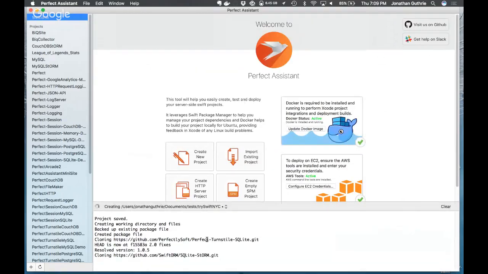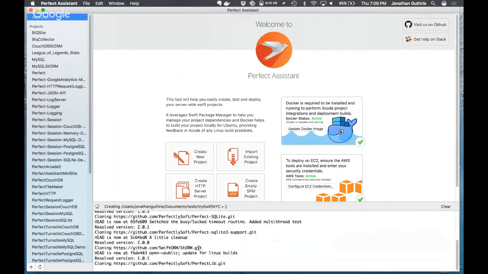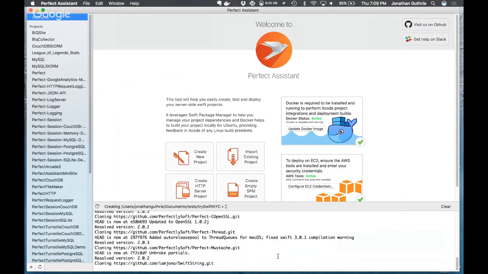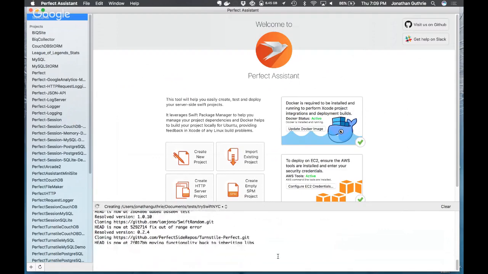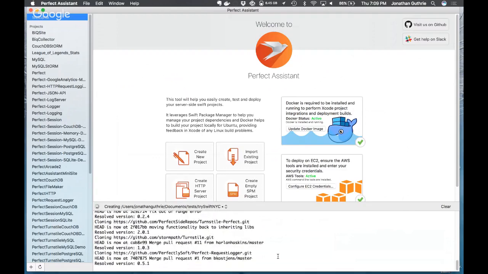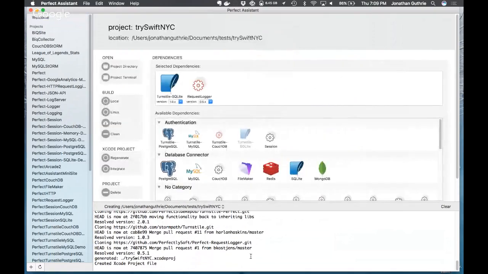You can see on the bottom, in the terminal, that a command line script is running to go and get all the dependencies. So everything is prepared for us and taken care of. In a few seconds, really, we're going to get an Xcode project generated for us. You'll see it's generated as Swift NYC.xcodeproj.